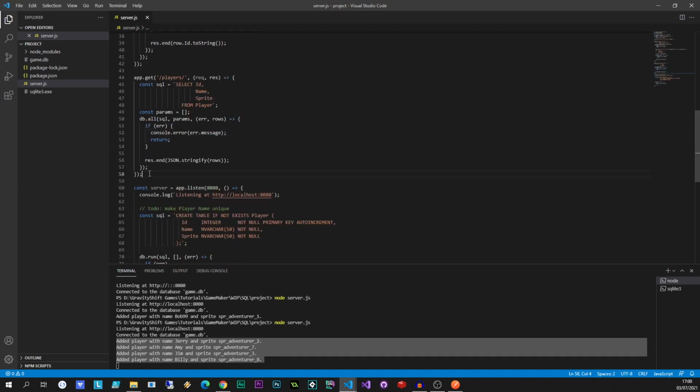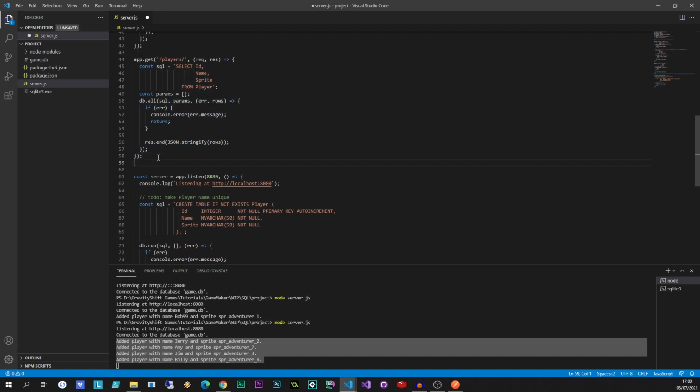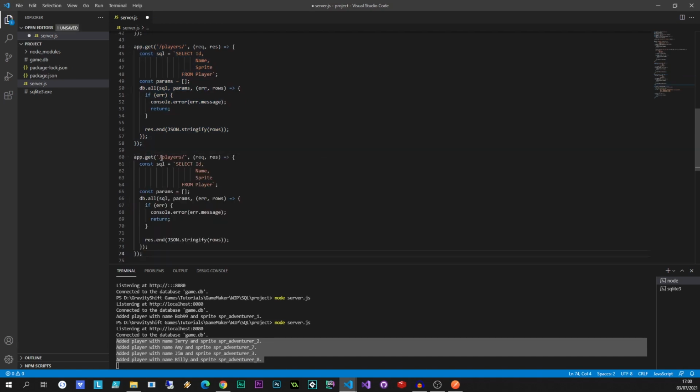Okay, so now that we've got the post, we've got the get all, let us go ahead and do the get by ID. Now the get by ID is very similar to this. So I'm actually going to copy the whole thing. I'm going to paste it down here. What we need to add is